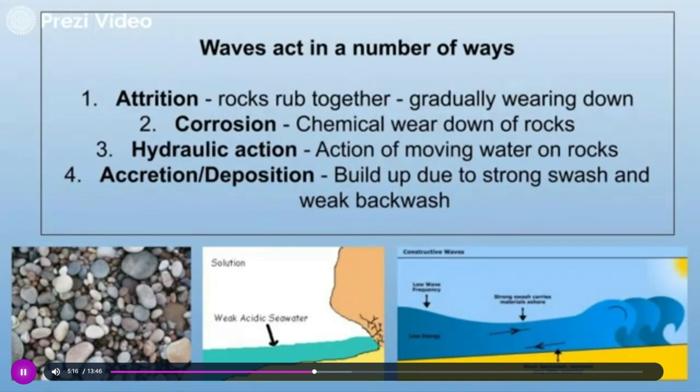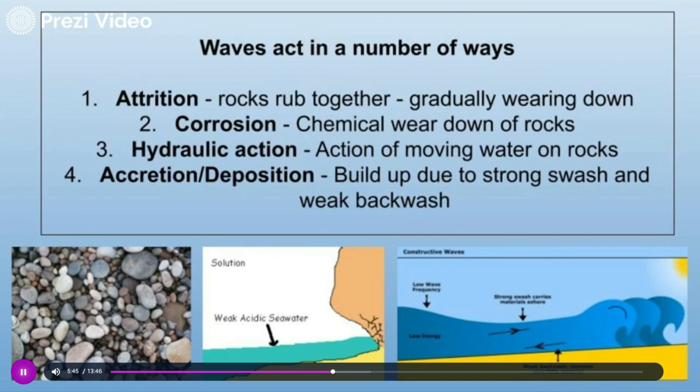And then as the rocks rub together, attrition happens, and this is a form of erosion. The next one, number 2, is what we call corrosion. So corrosion is chemical wear down of rocks, and this happens where you have a weak acidic seawater that hits perhaps a headland or a cliff that's made of a more alkaline-based rock, so maybe limestone or chalk or something like that, and the reaction between the two leads to a breakdown in the cliff, and this in this image